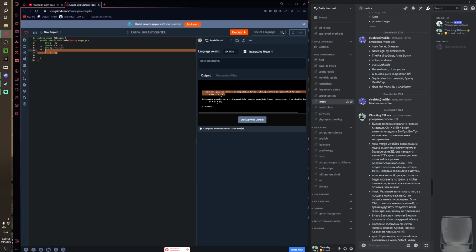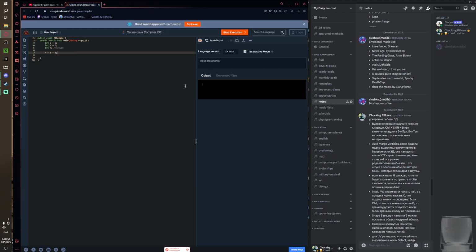A is an integer, B is a double right here. We cannot add integer and double together. We have to have two variables of the same type. Or you can convert them later, but that's literally what you're going to learn later as you go. And let's say b equals 2. Now if we do execute the code,